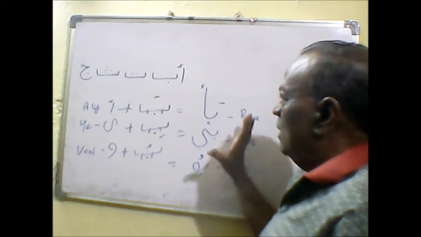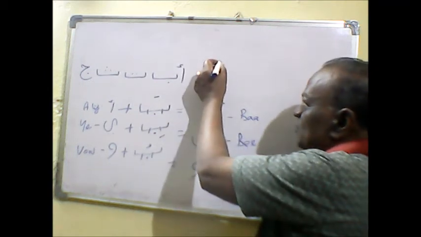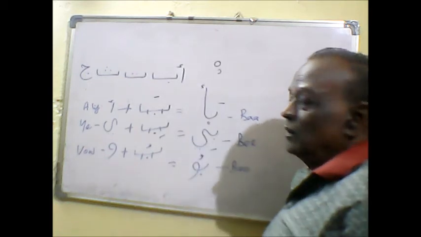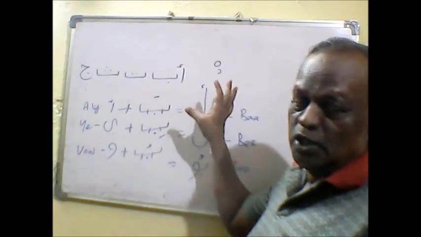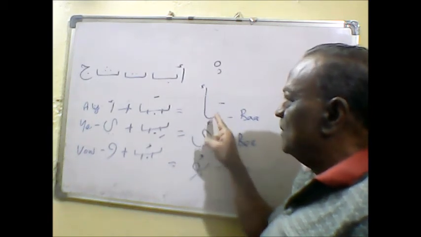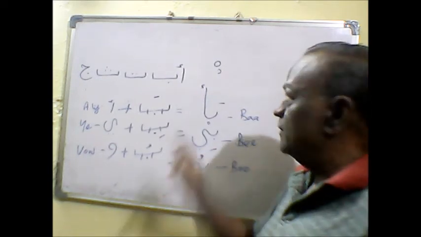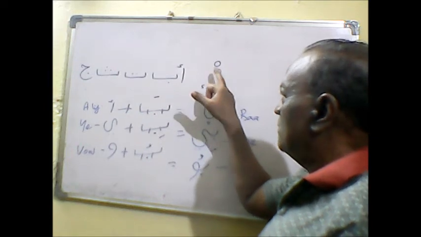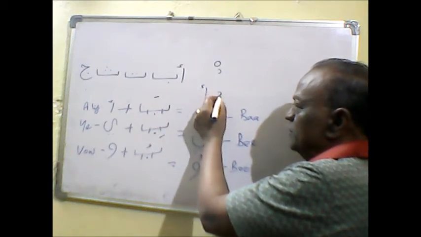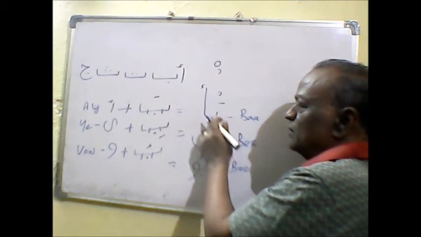So this is all. And further, there is some symbol in Arabic that is called sukun. Either it may be a small circle or it may be a half circle. This will help connect the two letters. Actually, you see, here things are not connected. Of course, we connected them, but there should be some symbol to represent that these two letters are connected. You may take a half circle or a full circle. We'll take a half circle for more clarity. So if you put it here, ta, alif, it shows alif is connected with the ta.